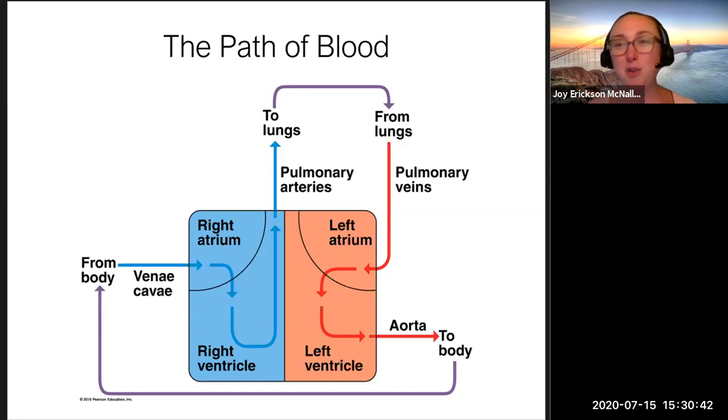But I do think it's really cool, and I like to connect it back, like I said, all the way back to lecture 1. We're talking about why do we breathe. All of this is just to supply oxygen for our mitochondria. So that's what blood does, but let's talk a little bit more about the details of what blood is. What's it made of?